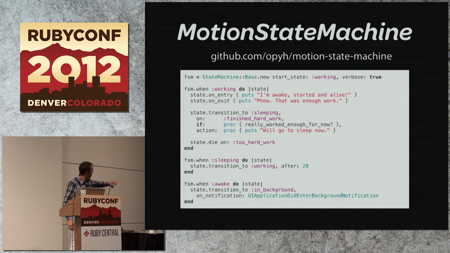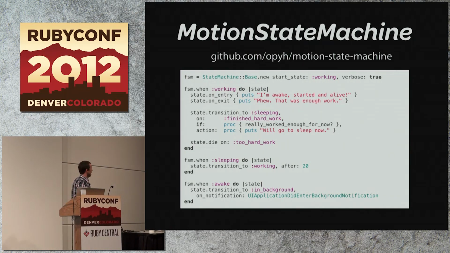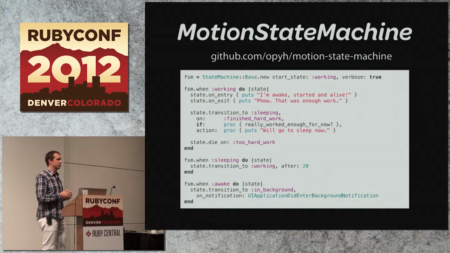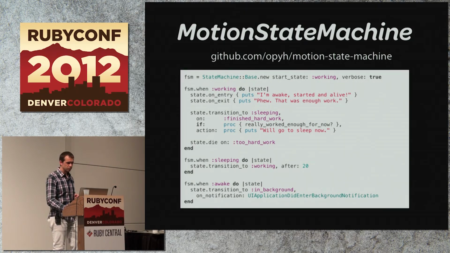And if you look at the very bottom of this, it says finite state machine.when awake, state transition in background on notification. So it integrates with the NSNotification system to actually let you change your state machine when things are actually coming from the system. So when the system is telling you that you are about to enter the background, it can actually change your state machine, and maybe that kicks off saving data within your application or whatever you need to do. And by the way, this is all built on libdispatch, GCD, so it's very efficient and concurrent the way this is implemented. It's fully concurrent.